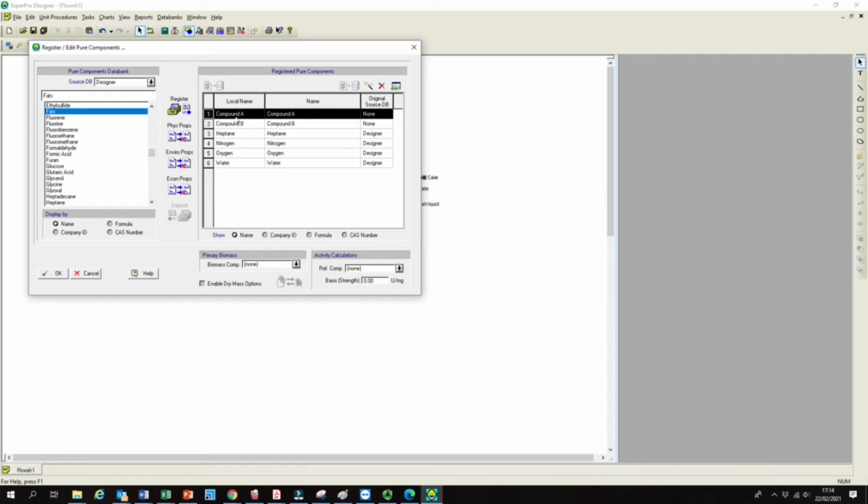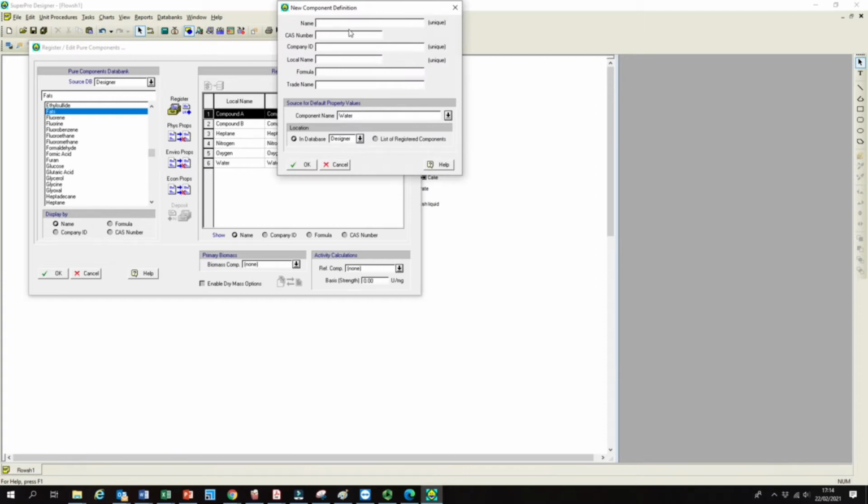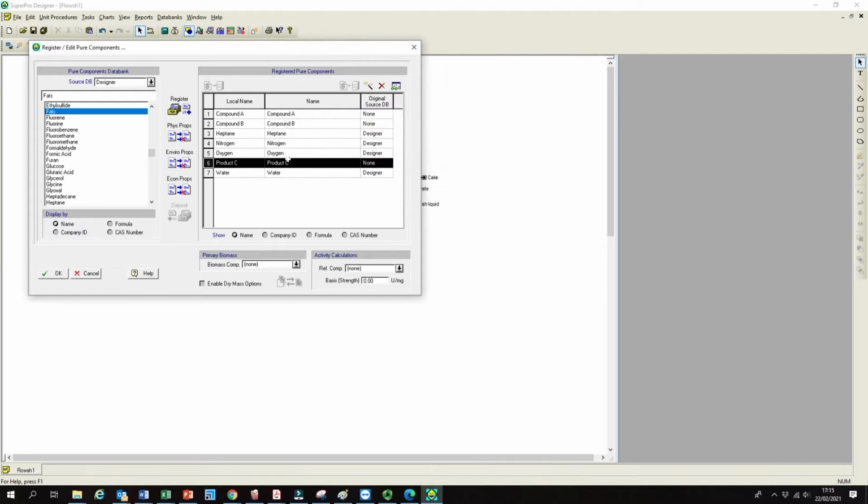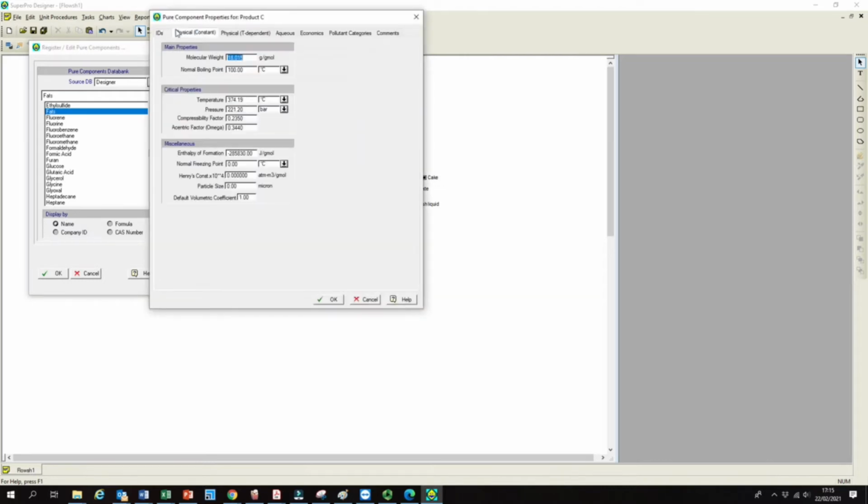I think we have two compounds, so A plus B will react to give our third compound, which is C. So let's add the compound C. Click here. Let's say this is our, if you want we can even change the name, like say product C. Press OK, leave it to the properties of water, press OK, and just double click on product C, change the